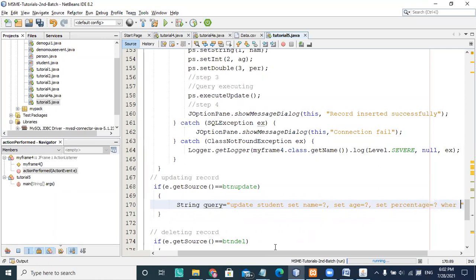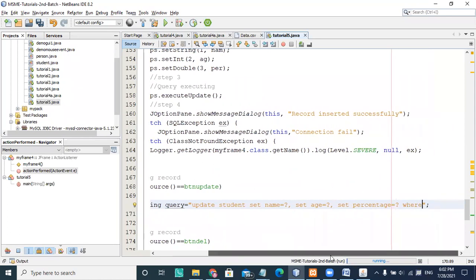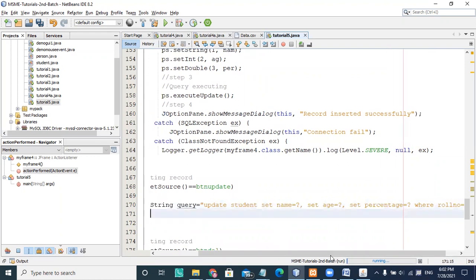And where your primary key, the roll number, equals question mark. So what do you mean by this? This is the question mark which you are setting here.